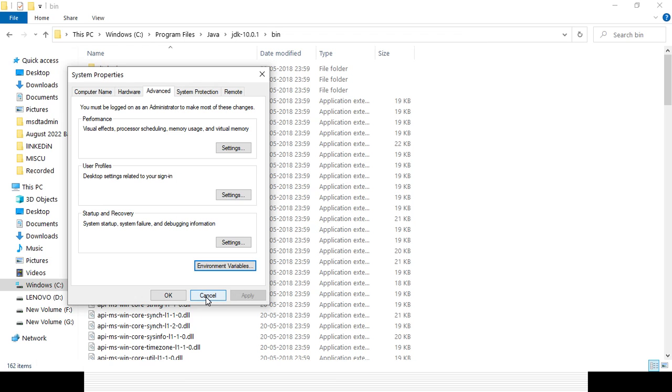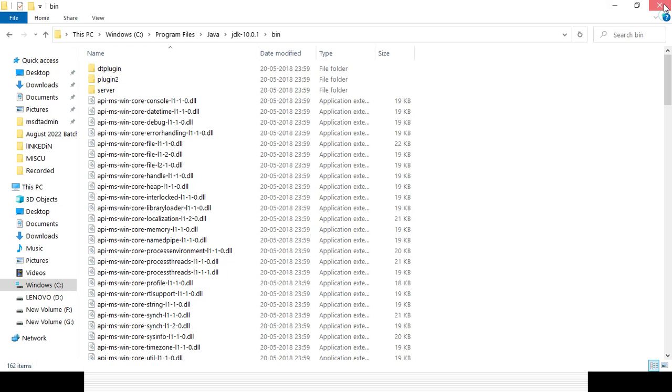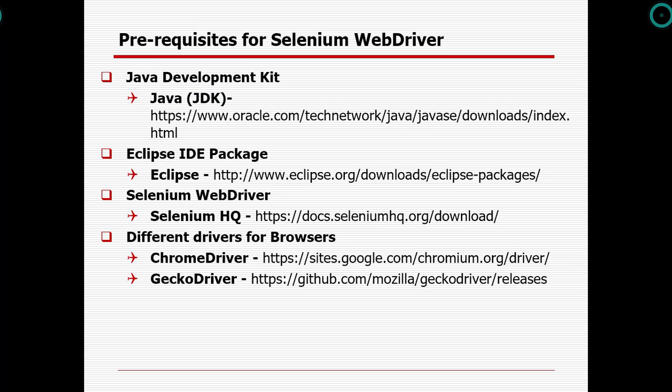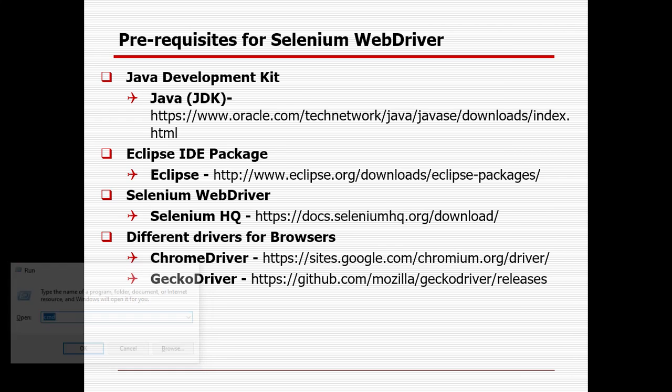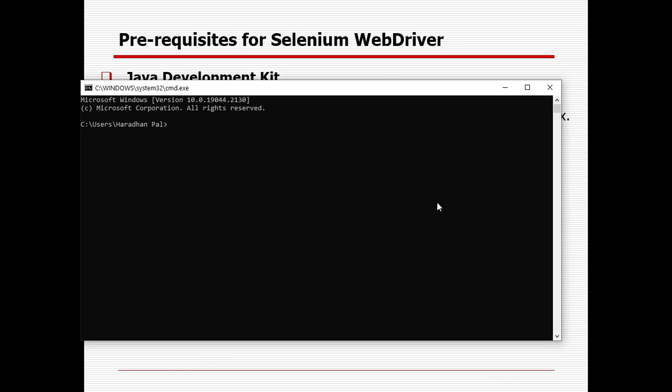One is the Java installation and setting the environment variable for the Java home and the path variable. After that, in case you want to verify whether that is installed or not, you can press Windows R, or you can go to the run of your computer, and type CMD. It will open the command prompt, where you can type java, all lowercase, space hyphen version. After associating the environment variable, if you enter it, you can see your version is there.